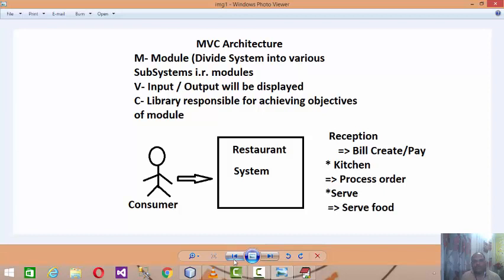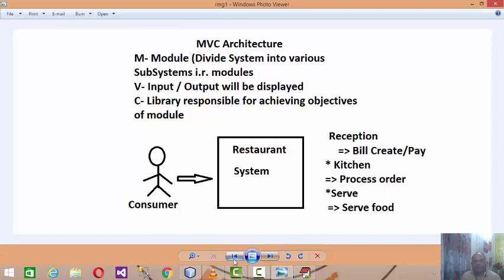And to achieve the objectives of all the modules, we need to define the views. View stands for user interface. This interface is just like where we can input the data and get the output of the data, and that is called view.